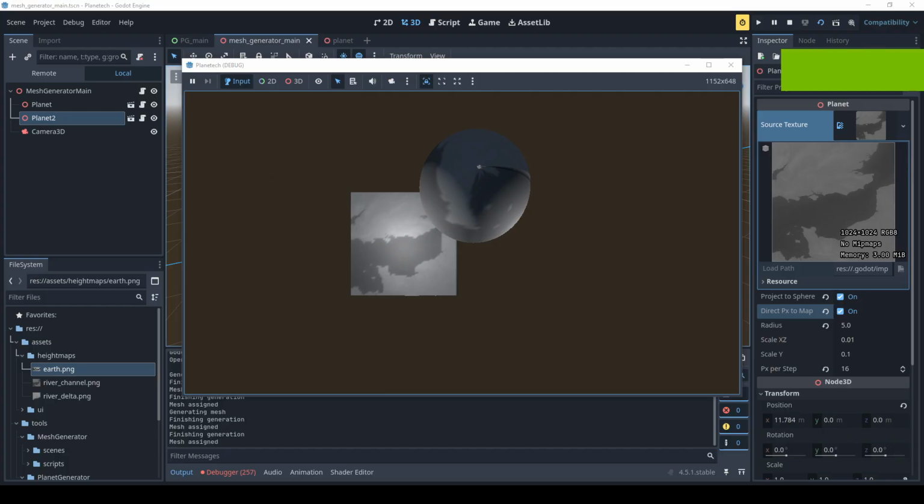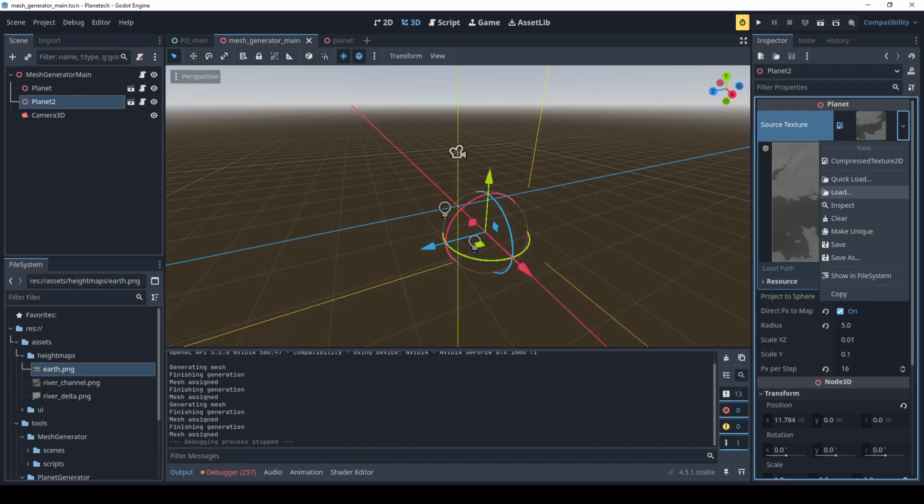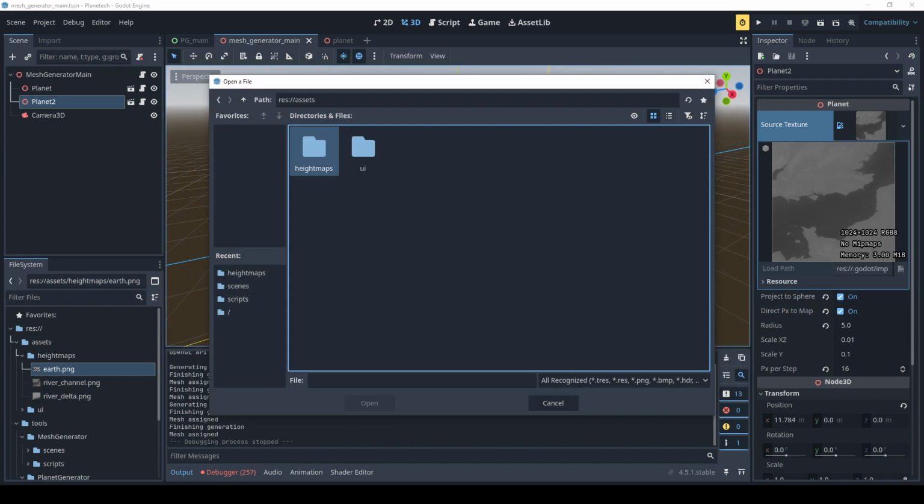You can also see this very harsh seam. There is actually a seam there because, again, I'm using a cut down version of the library, and the edge stitching isn't complete on this one, as well as this is not an equirectangular map. So let's go ahead and switch it over to our project map,